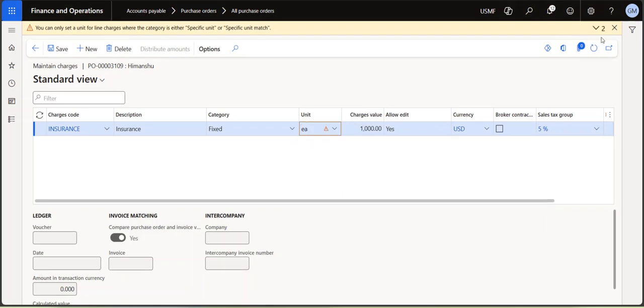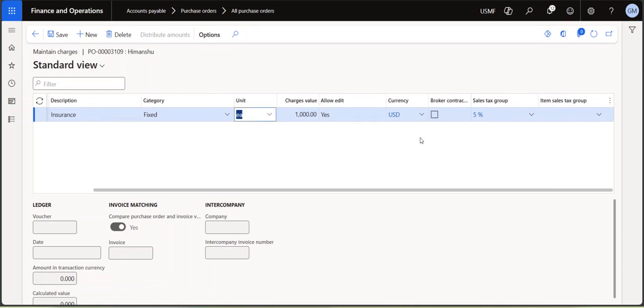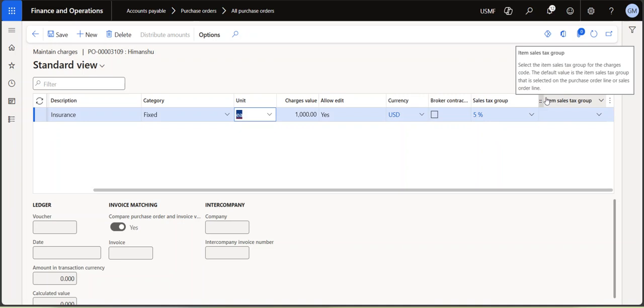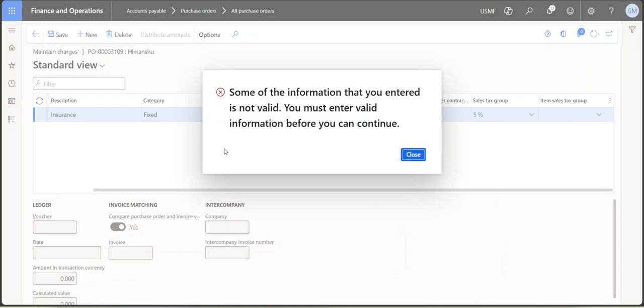As 1000. And after that, if you want to calculate sales tax on this, you will update this one. How this calculation works, we will see more in a future session. Okay, so once I have clicked on save,